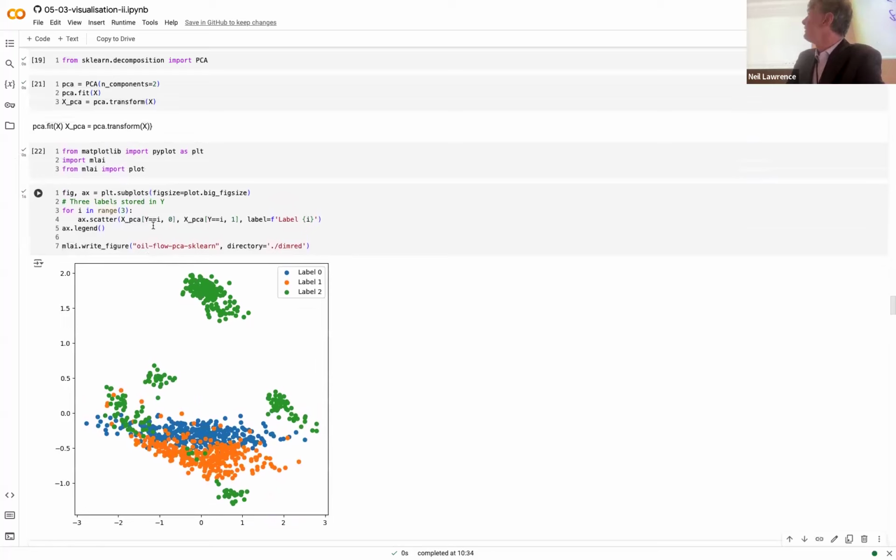To plot each of these labels separately. Okay, so that's why there's a loop there. If you were to just plot like this,